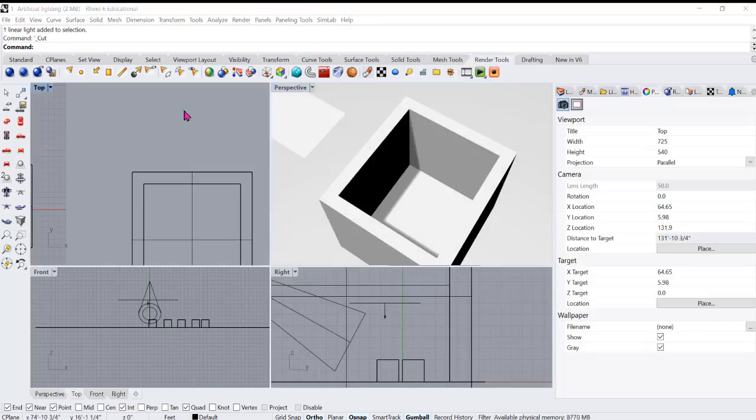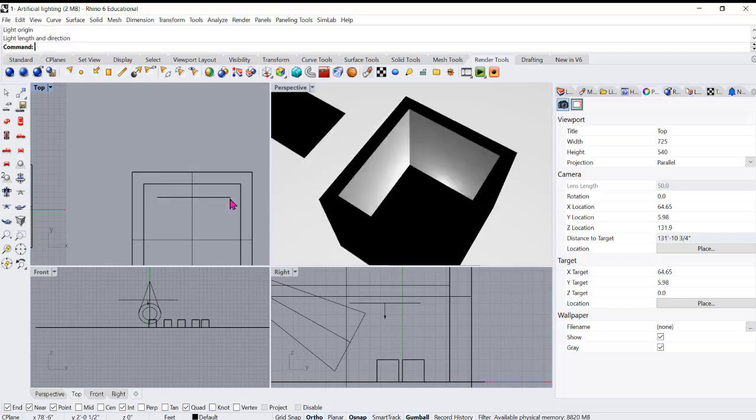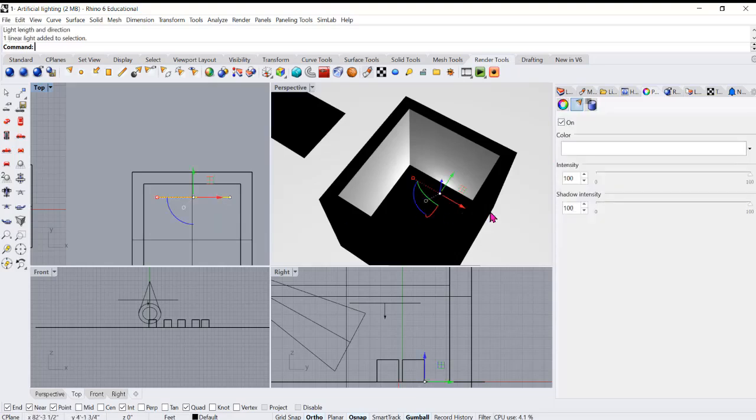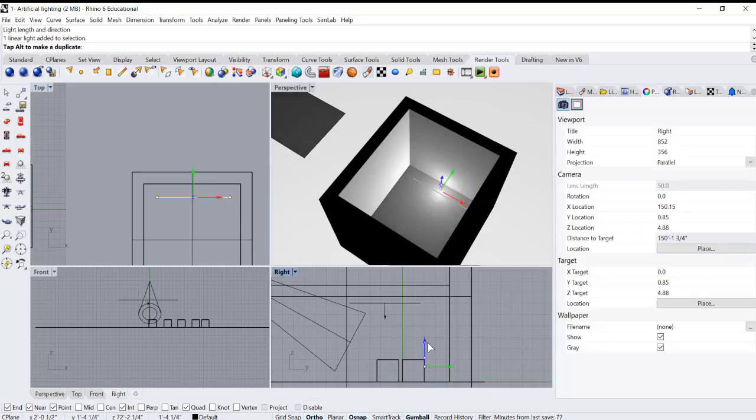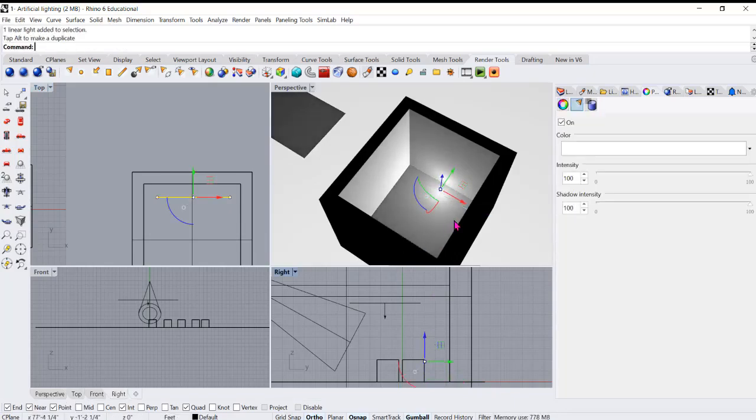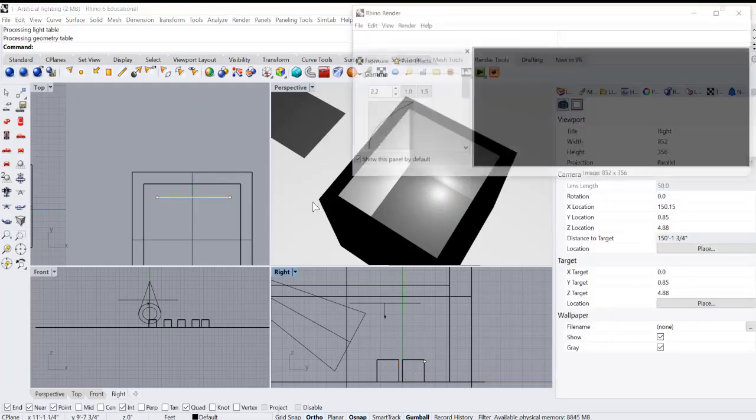Now the next light is the linear light. So this is like a curved light that you can use. Think of this as drawing a line. I have this space right here that you can think of as an interior, and then I just need 2 clicks in order to place that light. It will be placed at the C plane, so I need to bring it up. And then in my preview, it looks like a spotlight. But if I render this,